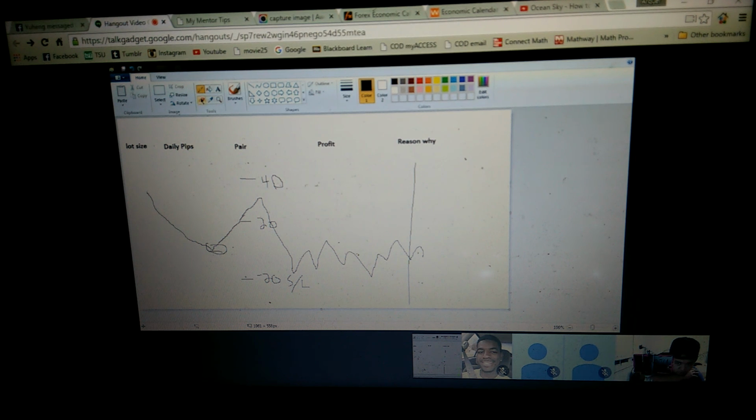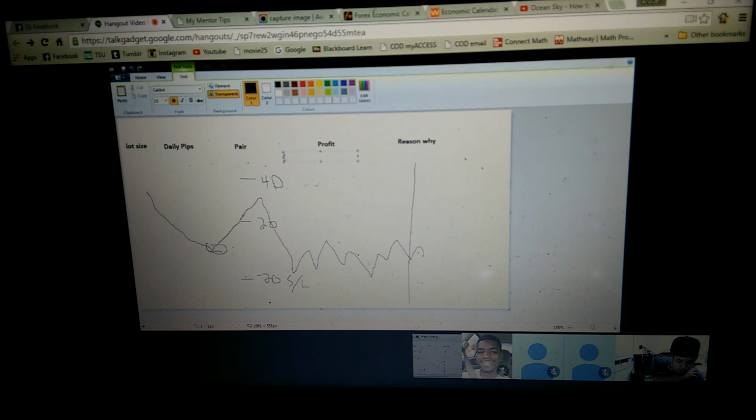What was the number again? 1.0970. Yeah, 20 pips would be 1.0990. Or are you talking about if this was a buy, say for instance he says to buy at 1.0970? Yeah, 20 pips would be 1.0990, and then your stop loss would be